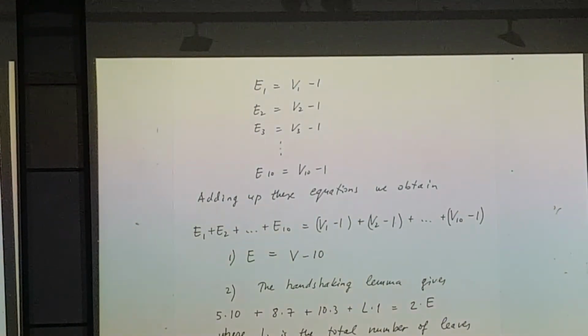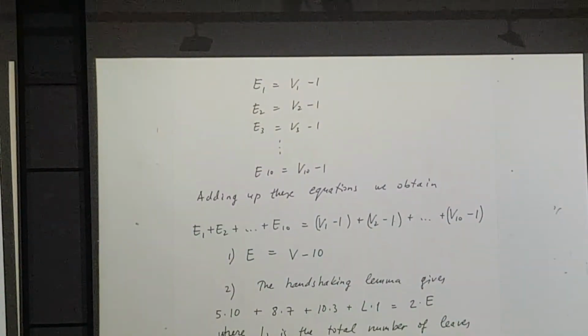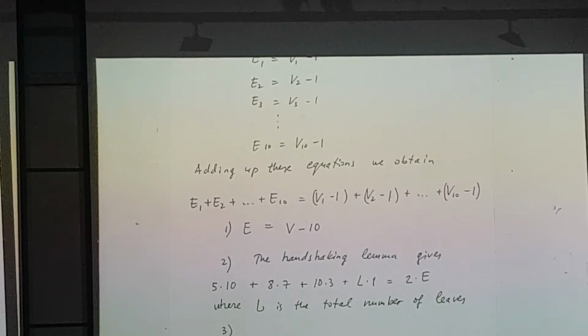Okay, so what have we got here? We have 2 equations now, and they involve, unfortunately, 3 variables, right? They involve E, capital V, and capital L. So we need at least as many equations as there are independent variables to be able to solve that system. So we need more equations. Something which is always there in any graph, so call it equation 3, is just the split of the vertices into leaves and internal vertices. So we can always write V equals L plus I,